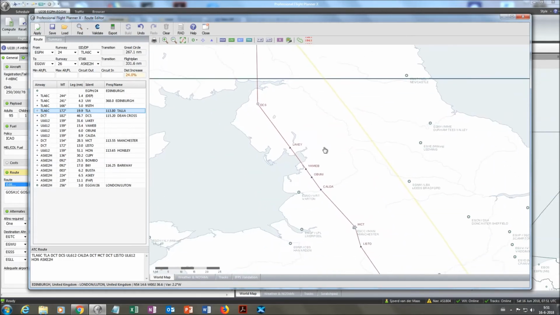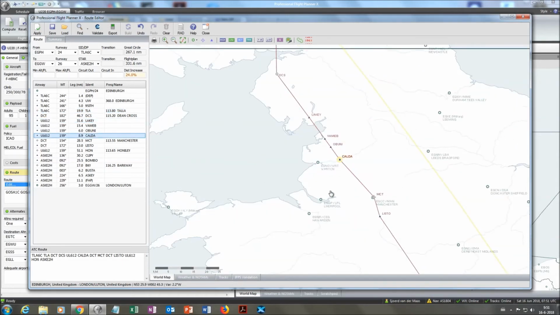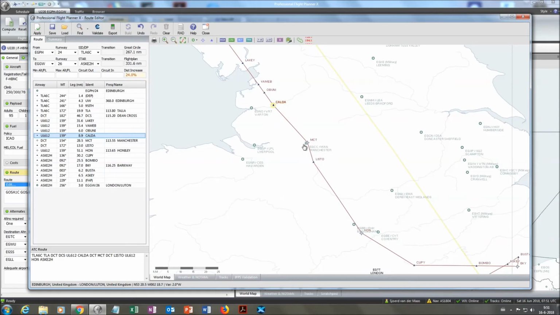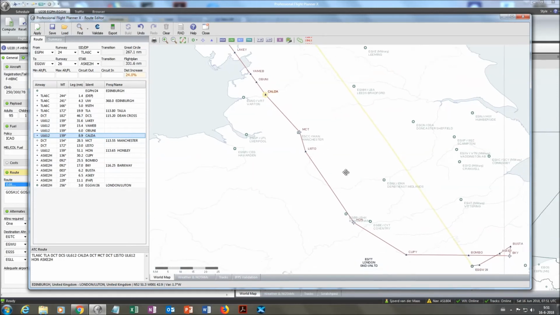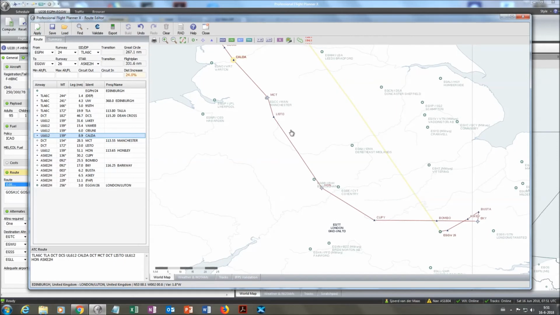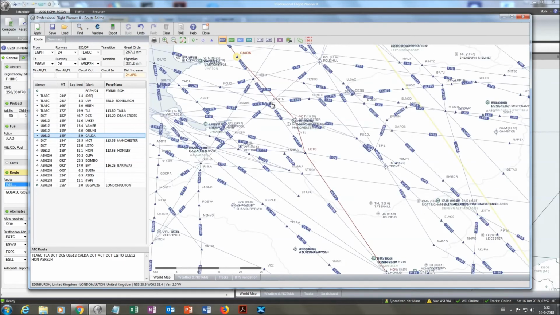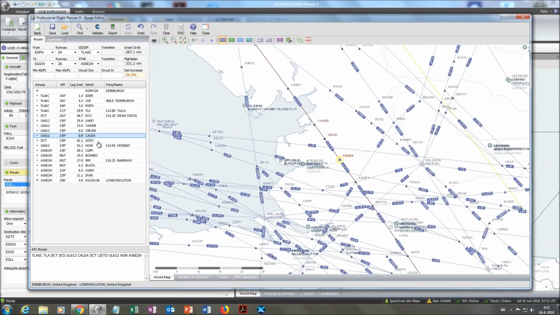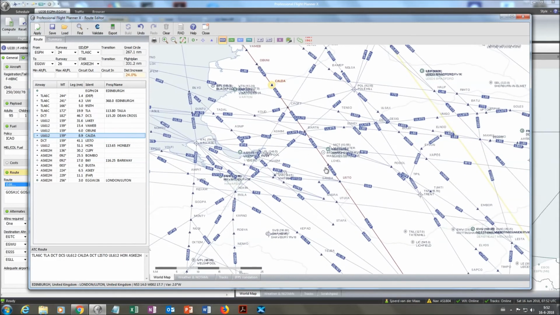Now from DCS I will fly the Uniform Lima 612 to Calda. And from Calda we'll fly to Manchester directly, and then to Listo. But let's say that I want to fly from Calda to Listo using an actual airway. I can just see whether that's possible, and it should be possible because the Uniform Lima 612 runs all the way to Listo. So I can basically clear Manchester, and when I right click on Listo, I get this one,